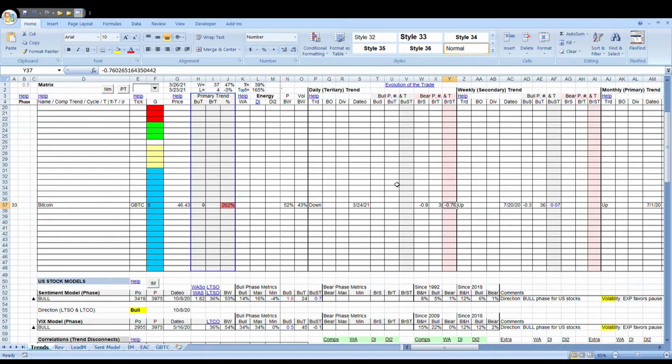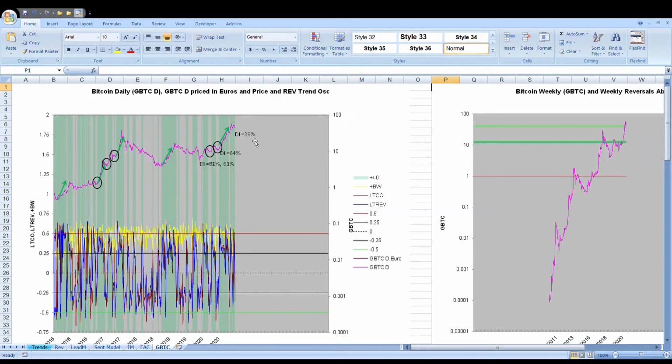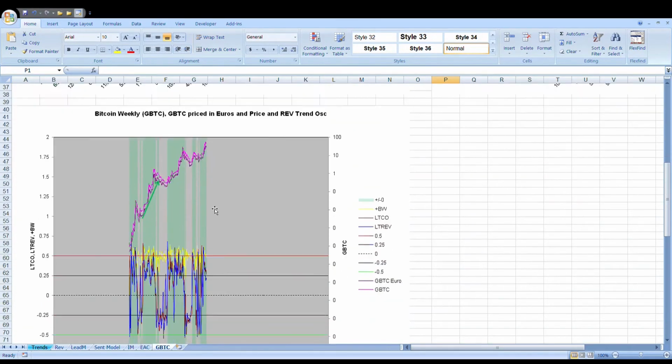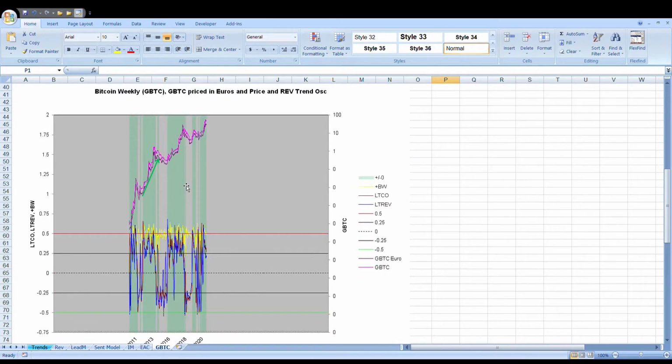Sometimes in a light correction, you'll see the daily trend dip down and then reset back up. It really depends on energy, but visually this is what it looks like. We're in a downward movement. The weekly is the secondary time frame. That's currently up, so the green box has been up for a while, but we can see green boxes can go up quite a bit of time, so this is not even a very long green box.